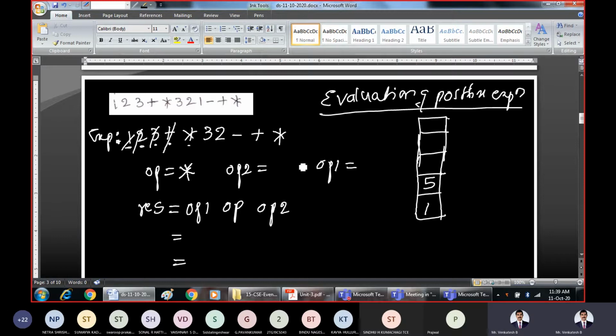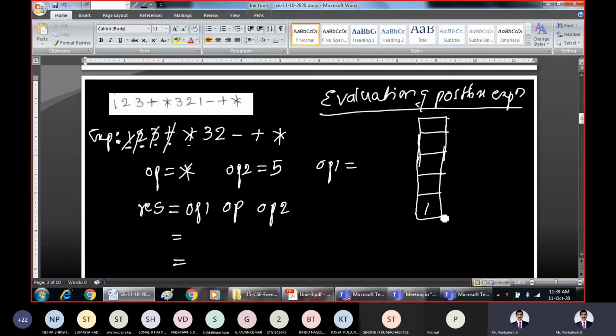The first popped element will be operand 2, and the second popped element will be operand 1. So as we have got an operator now, pop the topmost symbol from the stack and assign it to operand 2. What was the topmost symbol? It was 5.